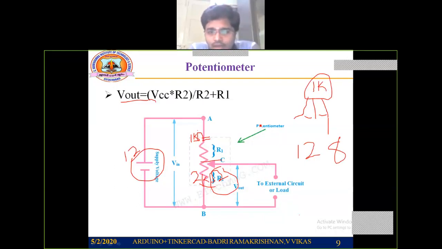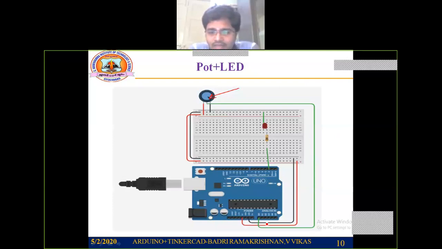Okay, so I have given that as input, and what I want to do is measure this potentiometer value. I'll write some condition. If that condition is matching, then I need to switch on this LED. If that condition is not matching, then I should switch off the LED. That's what I'm considering. Okay, we'll try to implement this one.